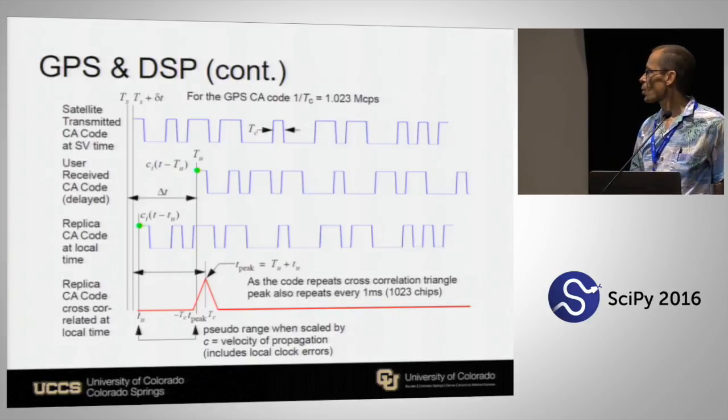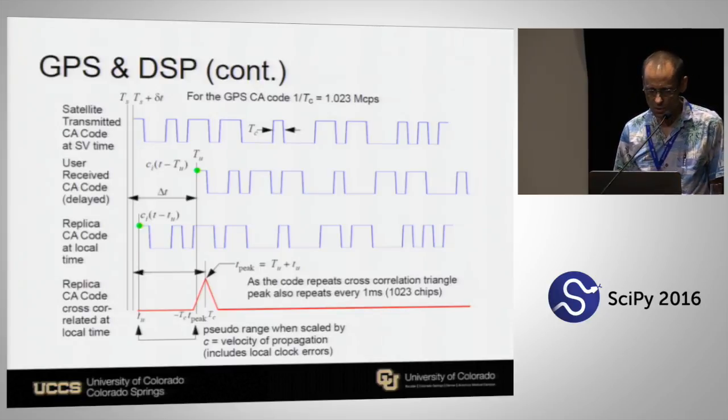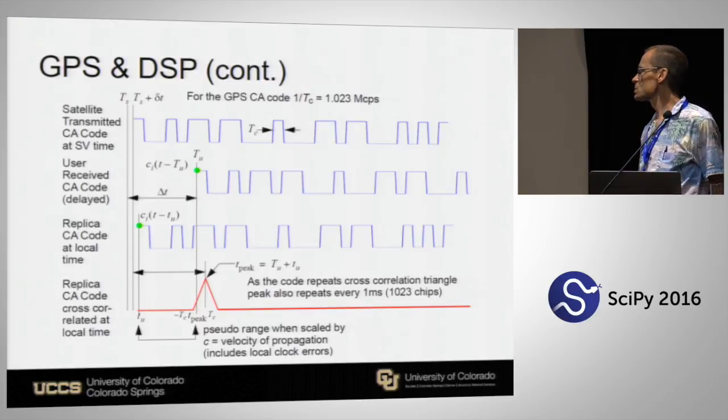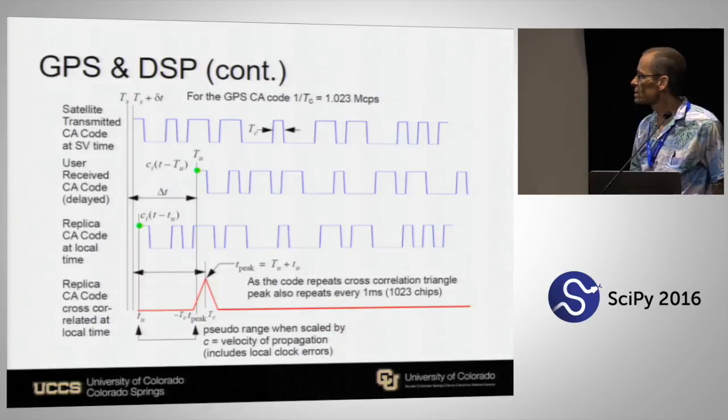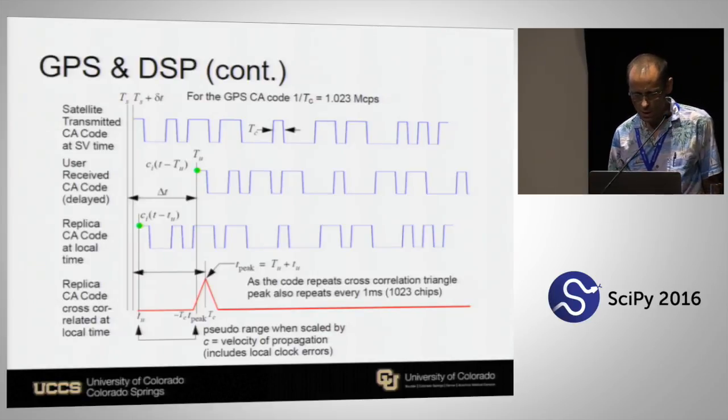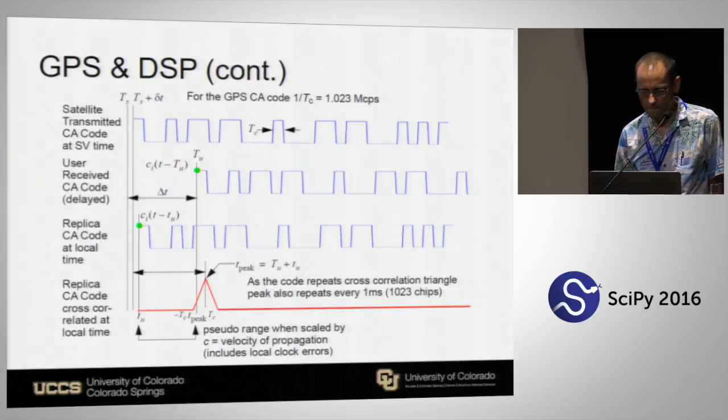So this is a picture. This is probably the most important picture that I gave the students in the project, and the most important picture for you to understand how the system works and what the software I've written is all about, the framework. The upper chart there is the transmitted CA code. It's on a carrier frequency, the 1.57542 gigahertz, but the baseband signal, as we refer to it, or you could think of this as bits on a bit pipe inside your computer,